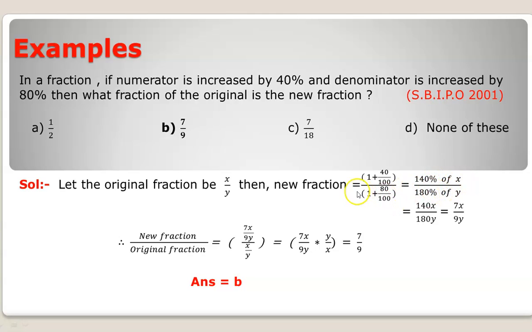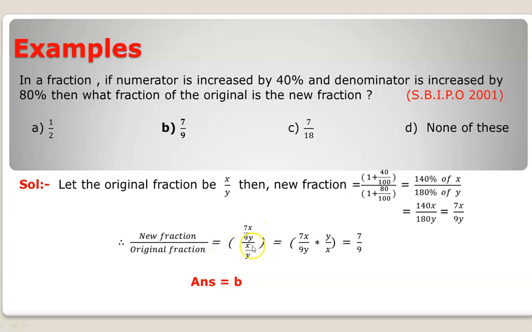Divided by, again the same, cross multiply the term, 100 into 1 is 100 plus 80. So 180 upon 100, which equals 180% of y. In the next step, 140x upon 180y equals 7x upon 9y. Now to find what fraction of the original is the new fraction, therefore new fraction upon original fraction equals